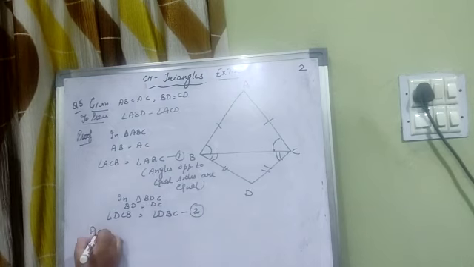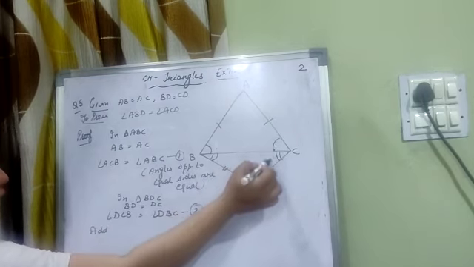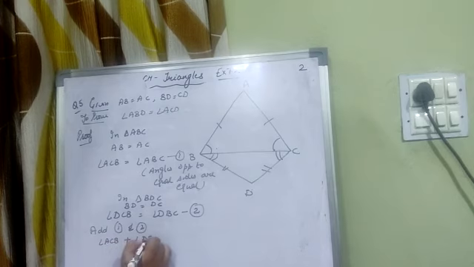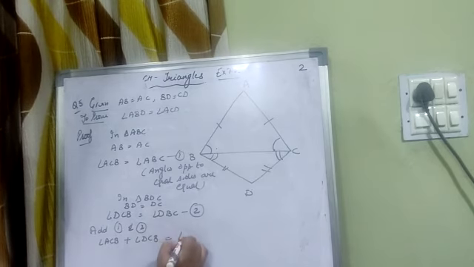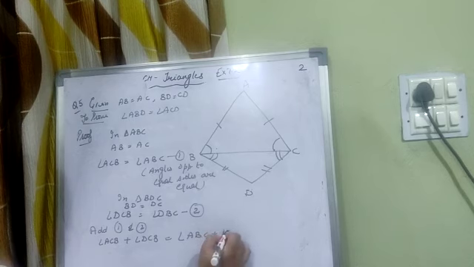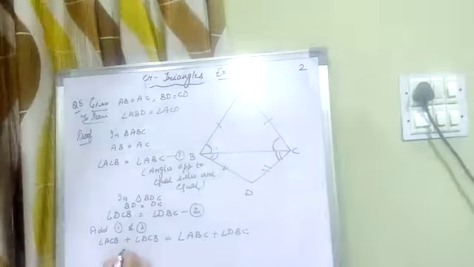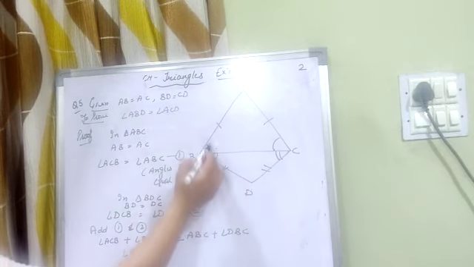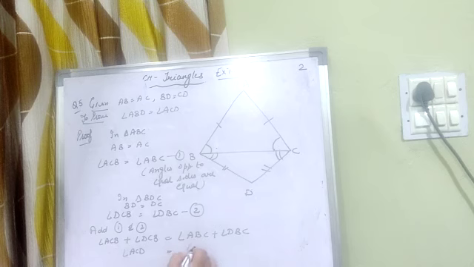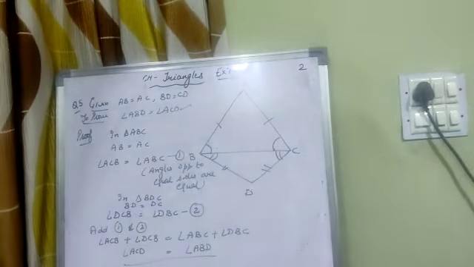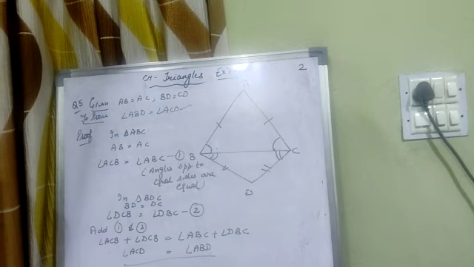Now add 1 and 2. Half of the portion we have, we need these two total angles, so for that we add 1 and 2. ACB plus DCB equal to ABC plus DBC. Now ACB plus DCB, this became the total angle ACD, and on the other side these two angles on addition become ABD, and this is the result which we wanted to prove. Clear? Now next question we will discuss in the next video.